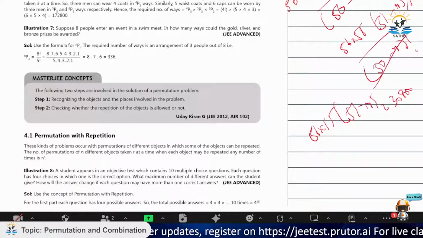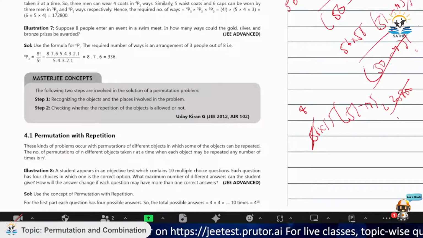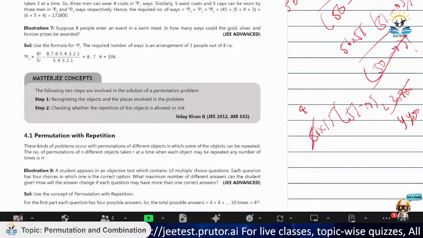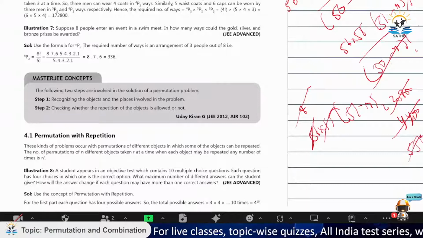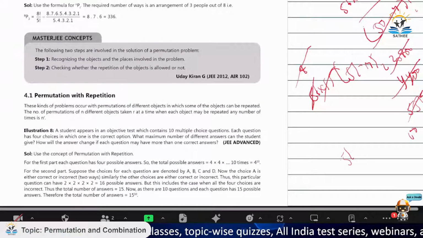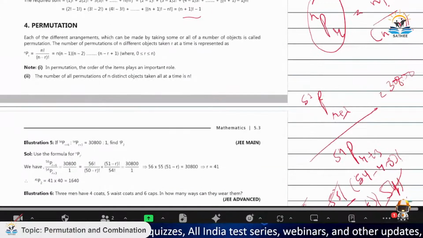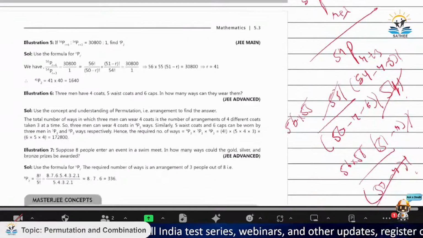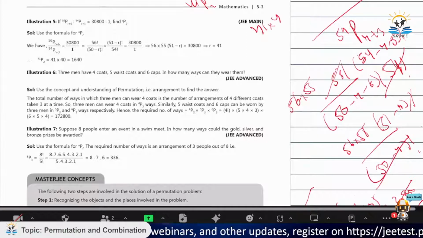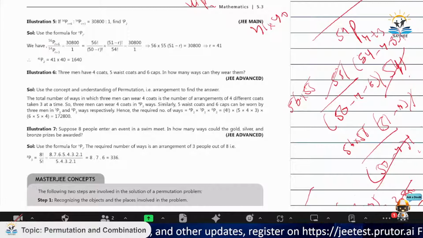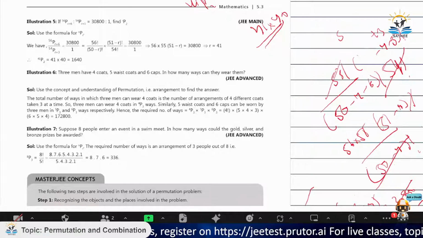So let's cancel by 7 first. So let's do that for 28,400. Let's cancel with 8 now. I hope it does work. 550, and this gives me 10. So 51 minus r is equals to 10. So r becomes 41. Okay. So we have a value of r, right? So we can find it out. 41P2. What are they asking me? 41P2. So 41 into 40, right? This is what it is. So I hope you get it. The basic calculations from algebra that you got here.